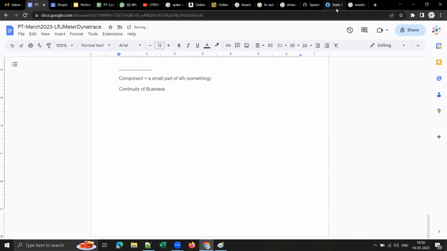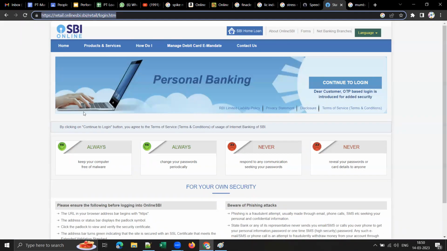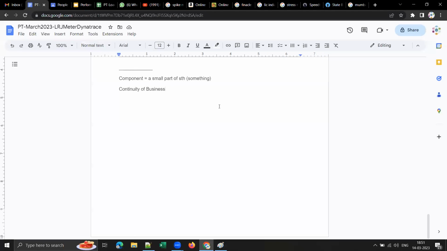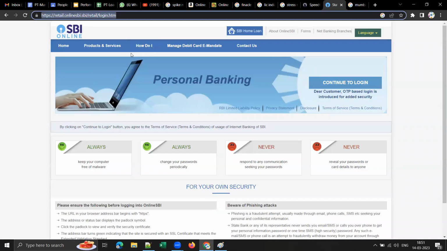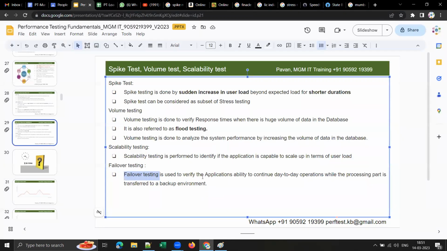Any application will be running on servers in some other city, some other geographical location. Any web application should have a backup environment in some other geographic location to continue the business, because the rest of the country should not be impacted. They have to continue their day-to-day operations, like fund transfer and bill payment. So that's the reason any application will have a backup environment.